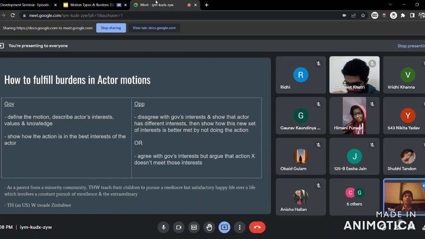But here it's not a neutral perspective motion, because in a normal policy motion, usually it's the state that's passing a policy, right? If you're banning drugs, it's most likely that the state would ban drugs. And who else would ban, because only they can, right? So in most policy debates, it's the state that passes or implements a policy. But in actor motions, as we have realized, the actor is not always the state. The actor can be an individual, a social movement, a company or a business person or anything. Which means that all of these don't have the capability to implement something equal to the state.